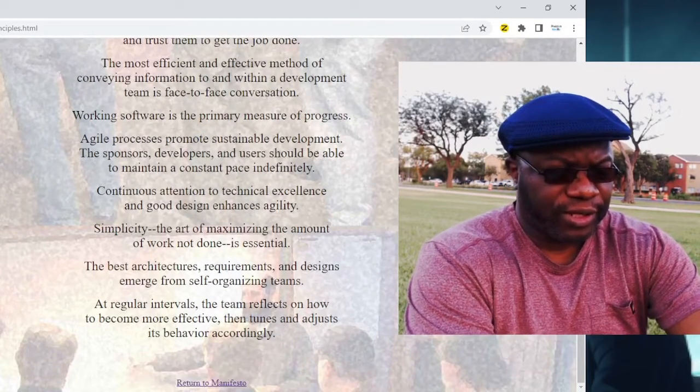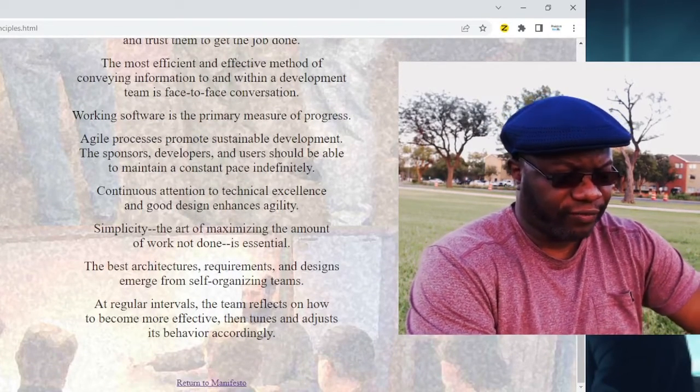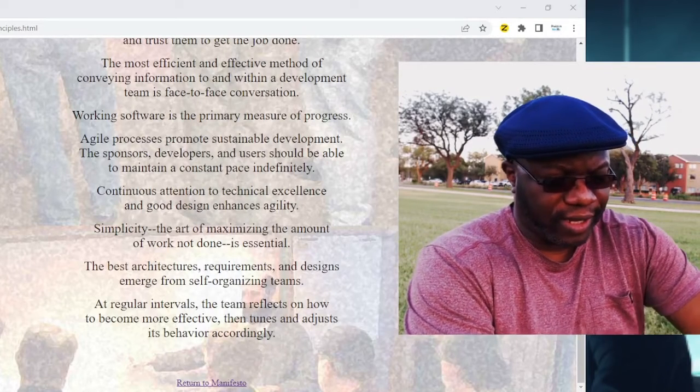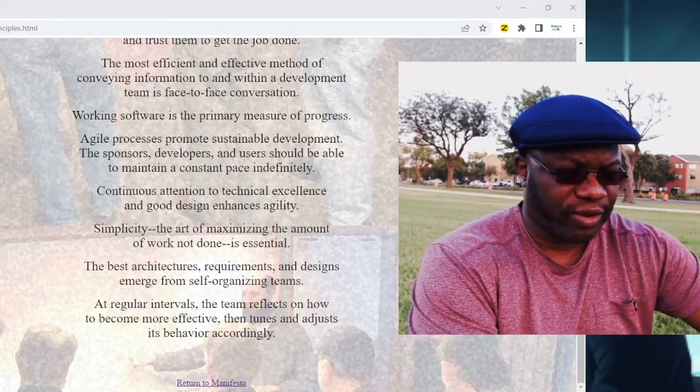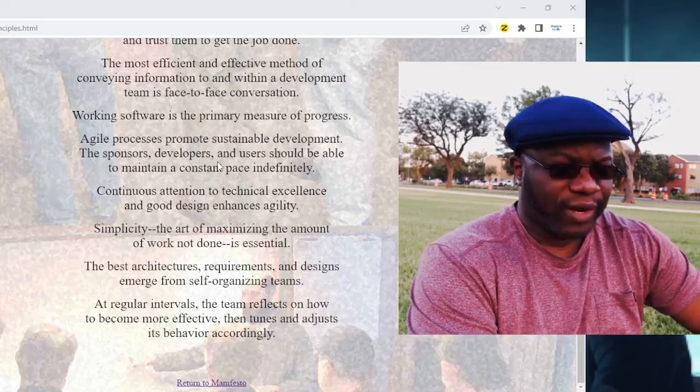The next one says the most efficient and effective method of conveying information to and within a development team is face-to-face conversation. This is not rocket science. It's been proven over and over again, and the likes of Professor Emeritus Albert Mehrabian, they've done research, and part of his research was about communicating a heartfelt, empathetic message, high stakes kind of message. When you're communicating those kind of messages, the body language, the tone of voice is huge. It's really